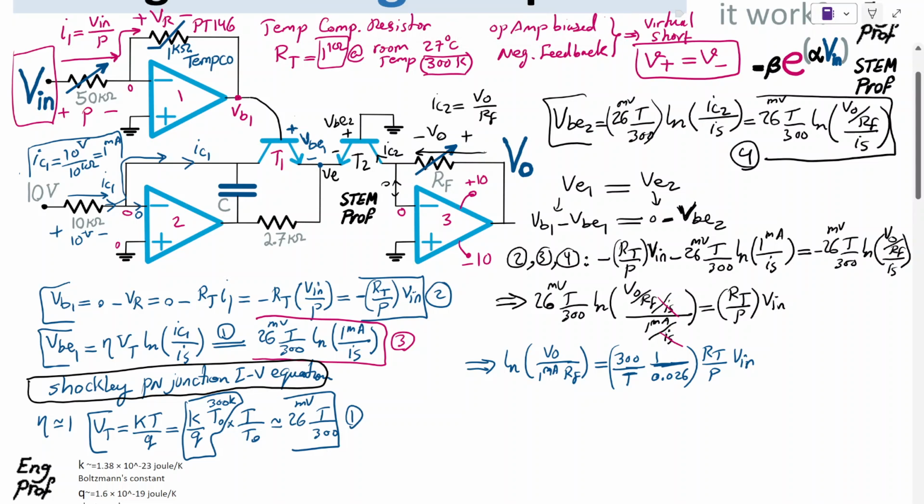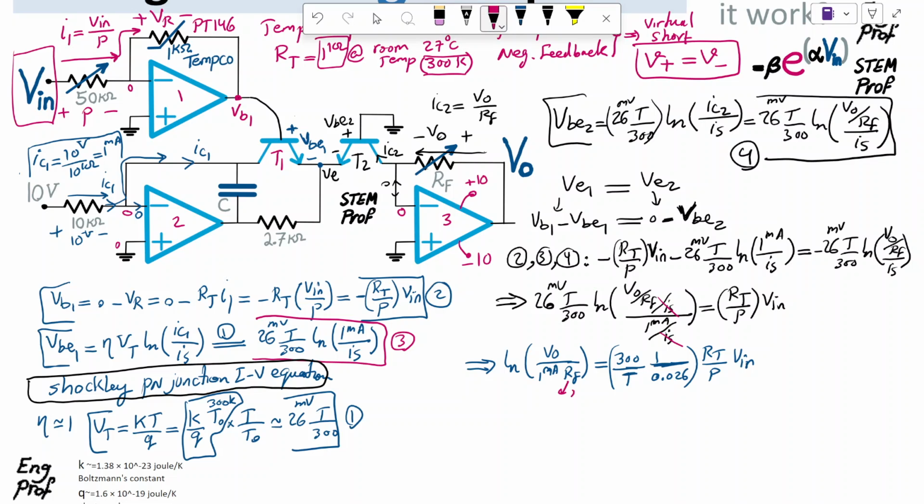That is what I can do. So I can set the value of RF to 1 kilo ohm. If I do that, then 1 kilo ohm times 1 milliamp becomes 1 volt, and therefore with RF set to 1 kilo ohm, I get,